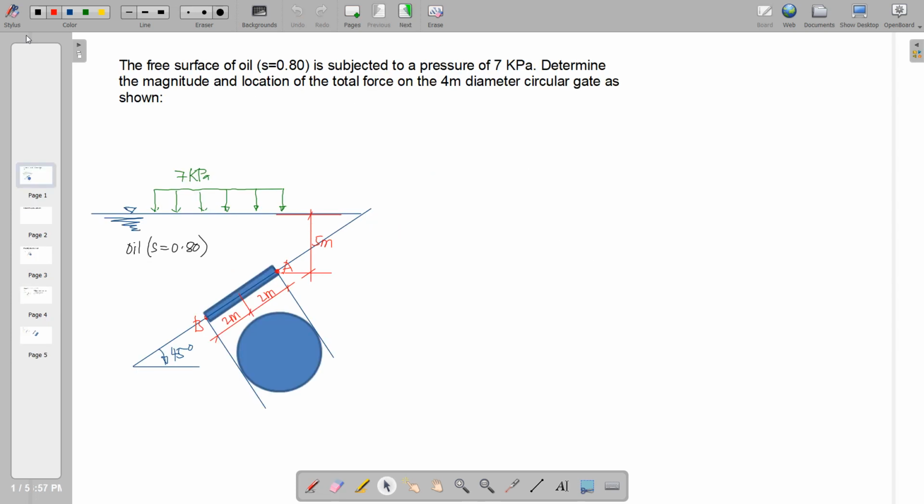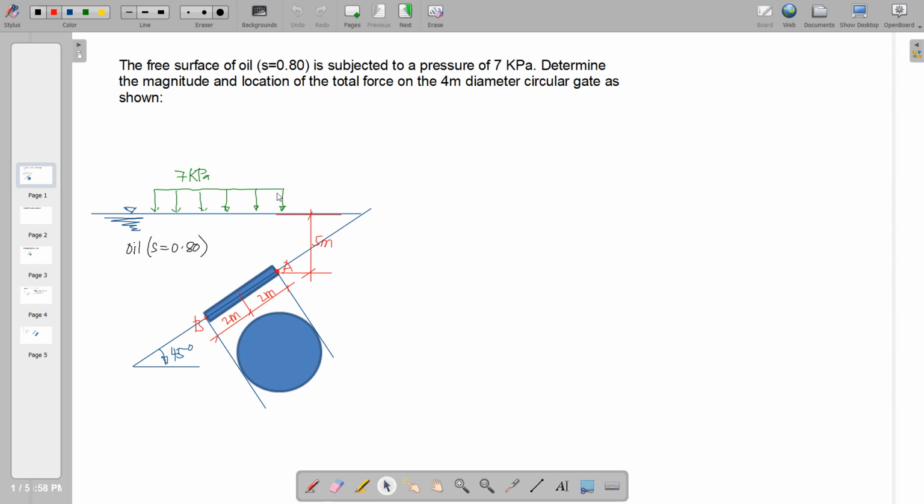Moving on to the next problem, we have the free surface of oil, S equal to 0.8, subjected to a pressure of 7 kilopascal. Determine the magnitude and location of the total force on the 4 meter diameter circular gate as shown. So we can see here in the figure that we have an inclined gate that is in circular form. So this is 4 meter diameter, so therefore there will be a radius of 2 meters here, and then it is hinged at A. So this is actually gate AB, and from A it is 5 meters from the liquid